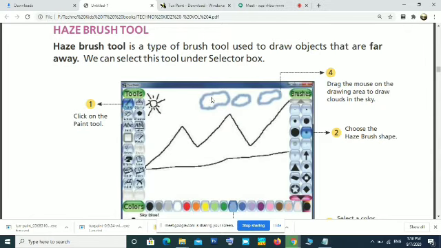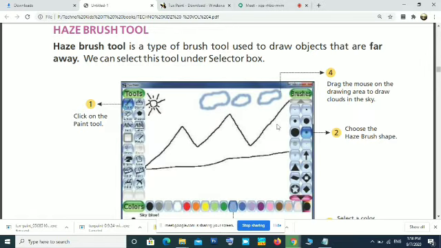So with that, if you are drawing clouds, you can see this picture. This is a picture of a cloud, a simple drawing of a cloud. When you are drawing with this tool, it will look like that object is far away. That means it will be in a dim color, out of focus. Normally a far away object will be out of focus.